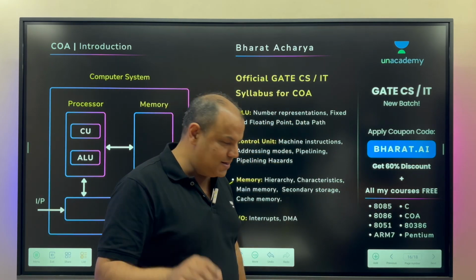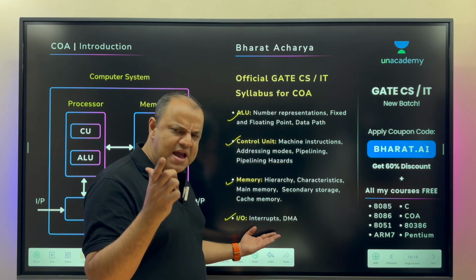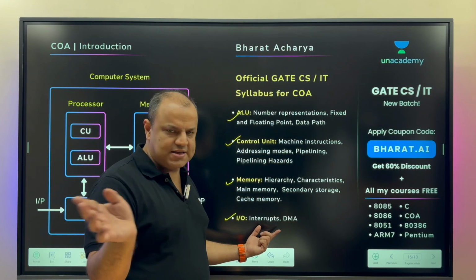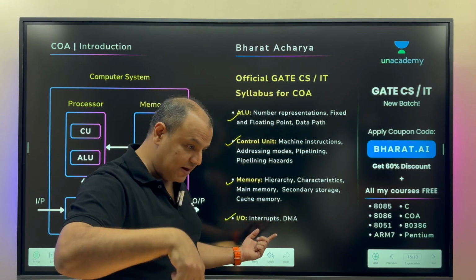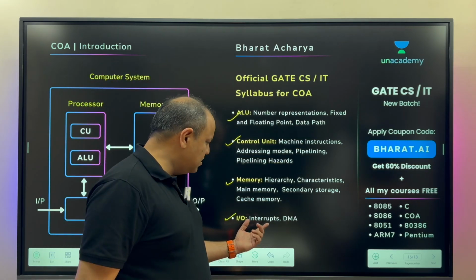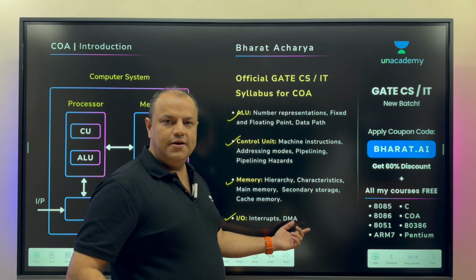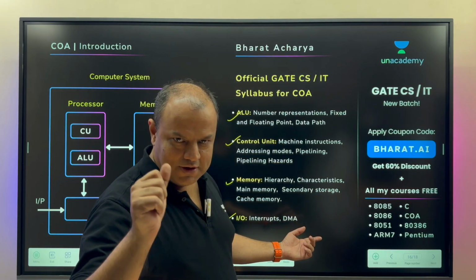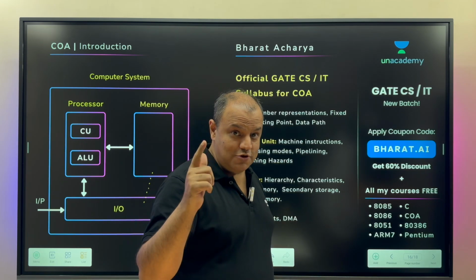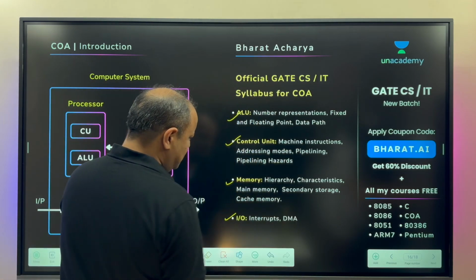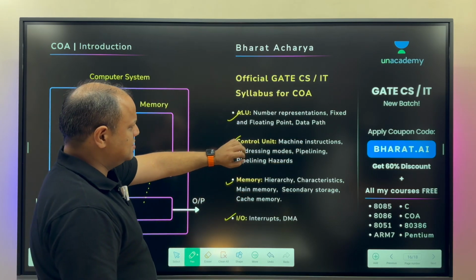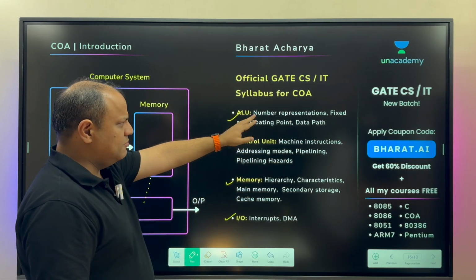But in GATE syllabus, your I/O section is mainly focused on interrupts, various types, masking, unmasking, maskable, non-maskable, edge triggered, level triggered, vectored, non-vectored. There are various types of interrupts. You learn those. And you learn DMA where you get numericals. DMA is both theory as well as numericals, data transfer rates, etc. Again, you expect one question from this, you expect two questions from this, two questions at least from this, maybe going to third.